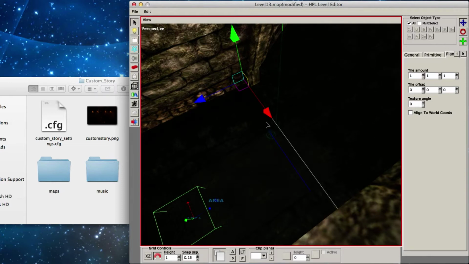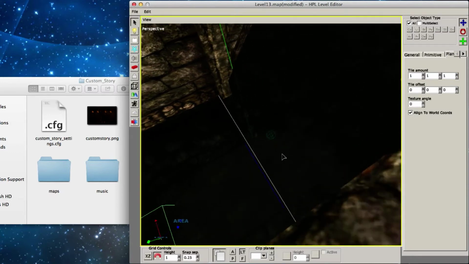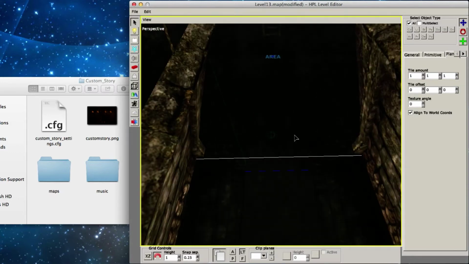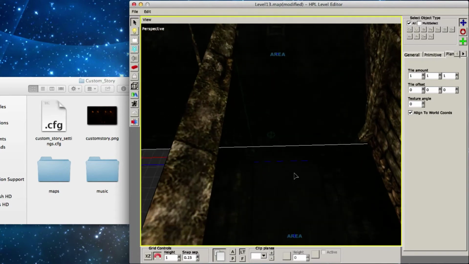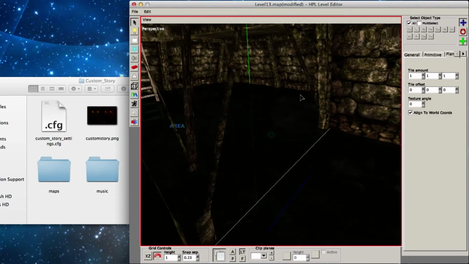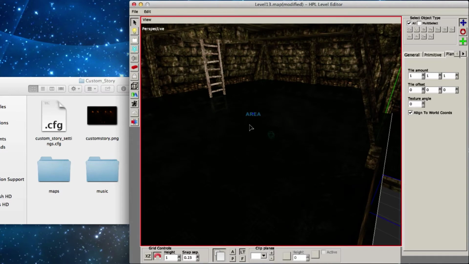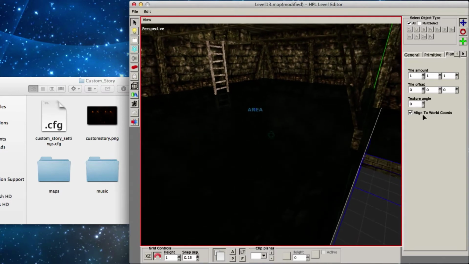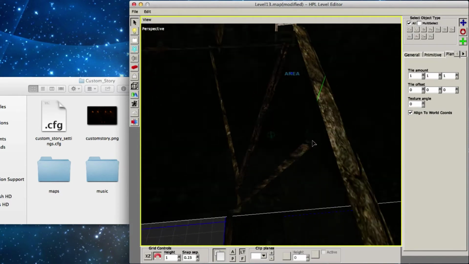To make that, you want to go on each of these and check off Align to World, and it will slightly change where the texture is located on the plane. It basically makes it so that no matter how you stretch or move it, it's always going to be the same texture in that location. But if you have it off, then the texture is going to move along with the plane.